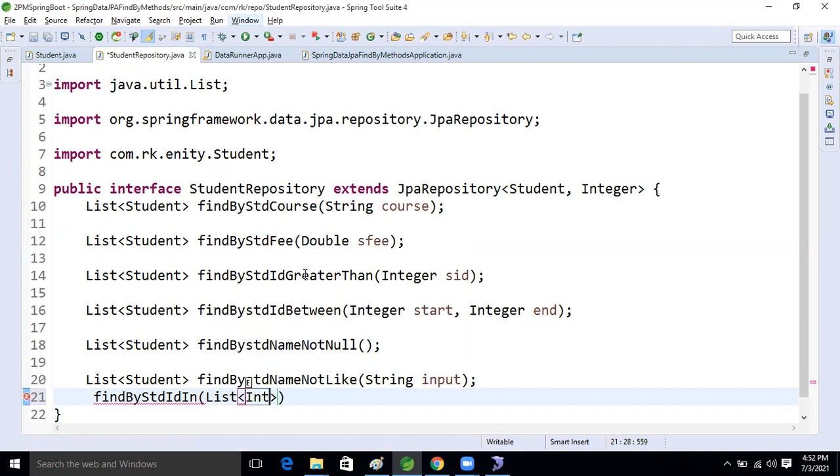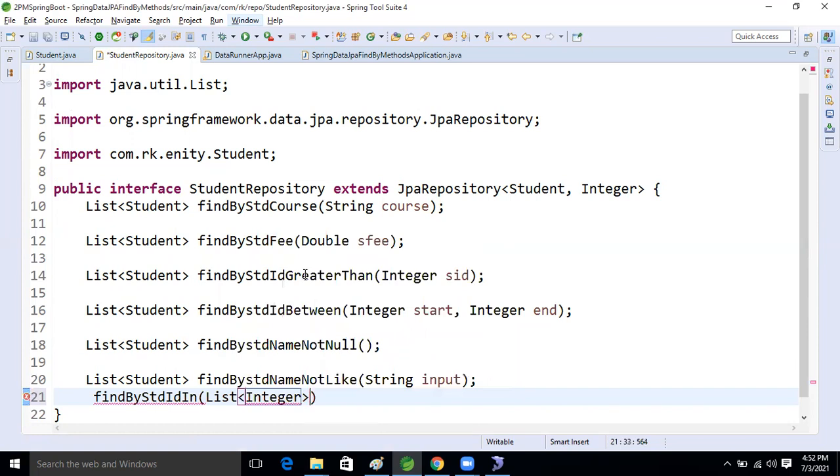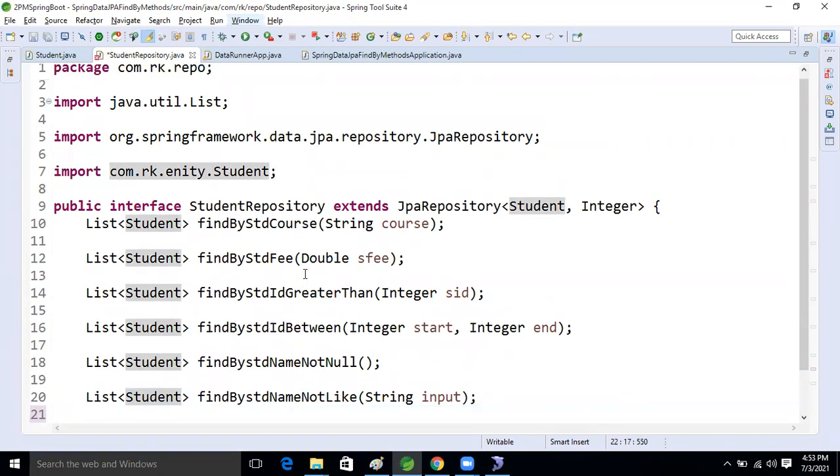Integer, EID, right? Return type is what now, guys? List of student. Good.